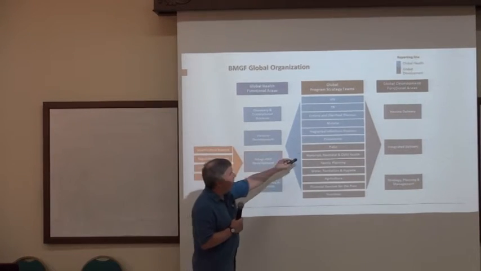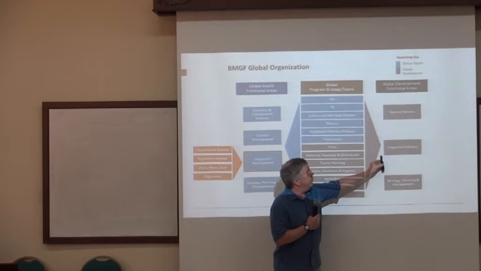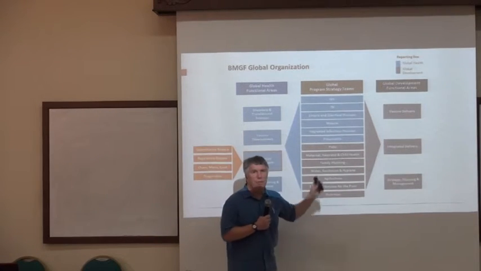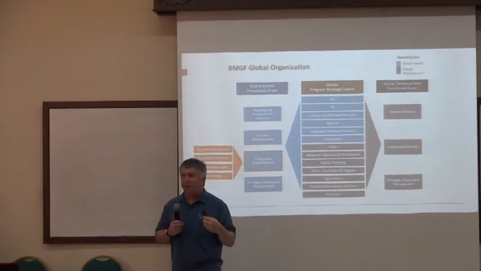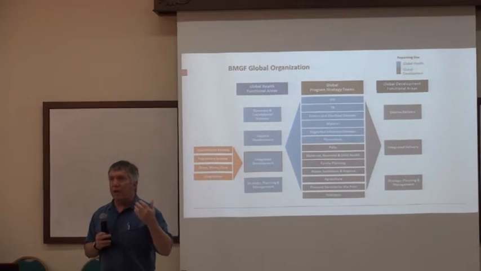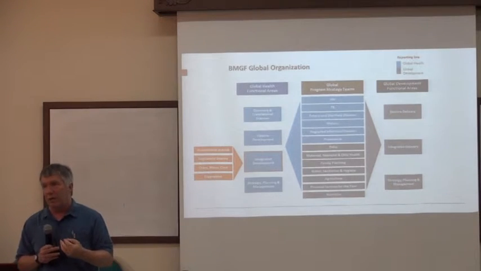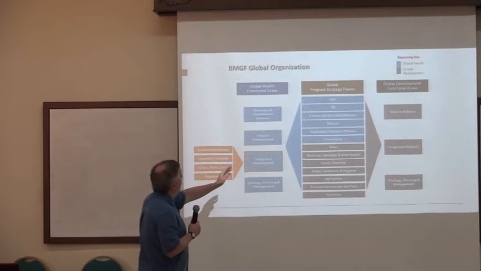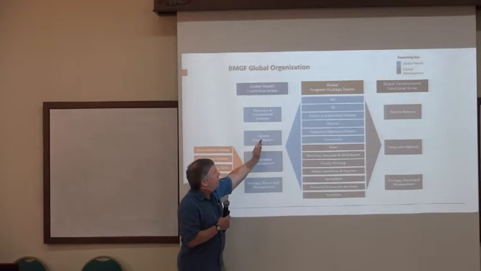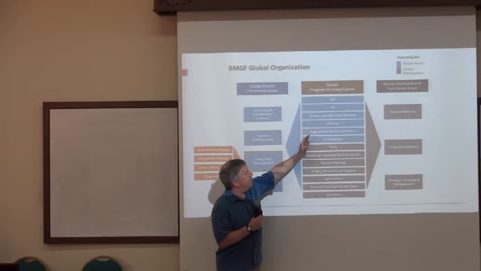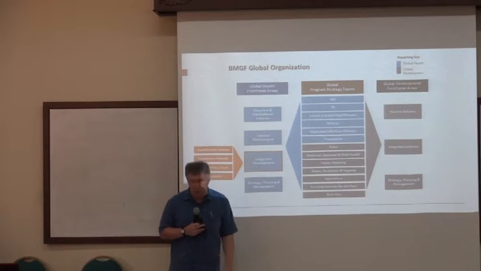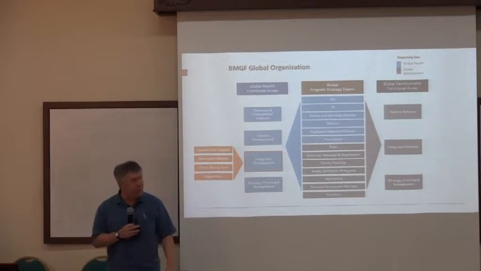The gray ones are what work mostly in global development, and they're in global development because the biggest challenges that are present right now are actually delivering effective services to people in need. The blue are in global health, and there they have both the challenges of basic research as well as delivery aspects to people in need.